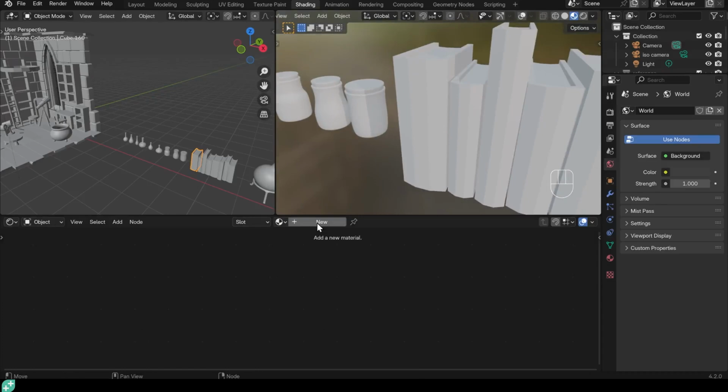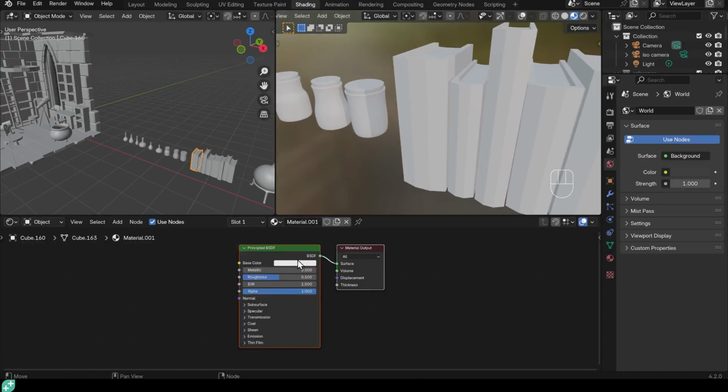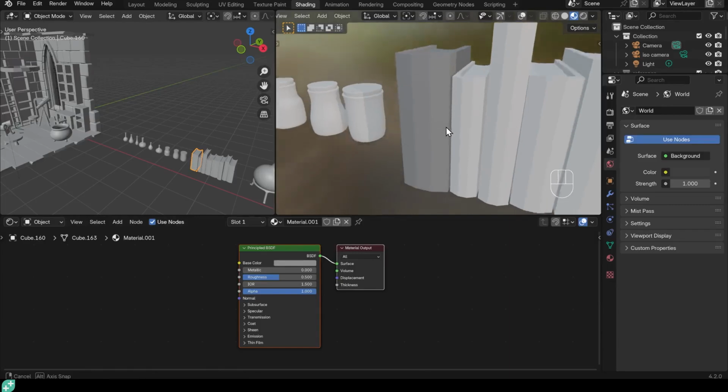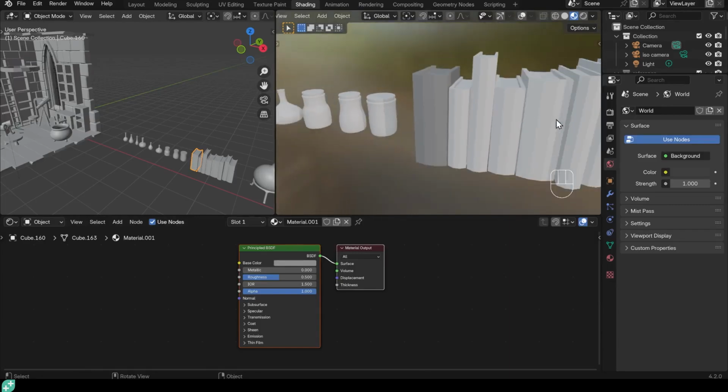So I'll create a new material for this book. And just for now, I'll give it a different color so you can see that we've got that book selected. But what I want is for these other books to share the same material, but have a random color associated with them. So that every time I copy this book, so Shift D to duplicate, it will just randomly allocate a color and I don't need to keep swapping them over. It makes life a lot easier and quicker.